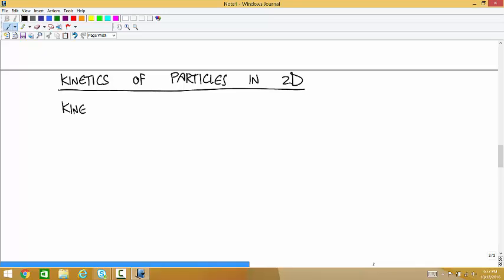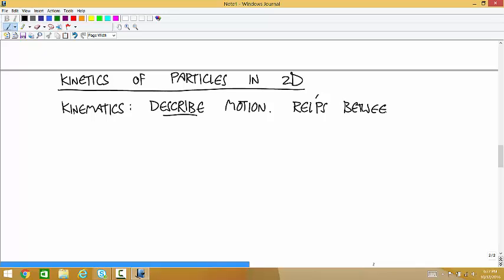Well, remember, kinematics is just about describing motions. It's relationships between quantities that you could measure off of a videotape. And so it's relationships between the variables